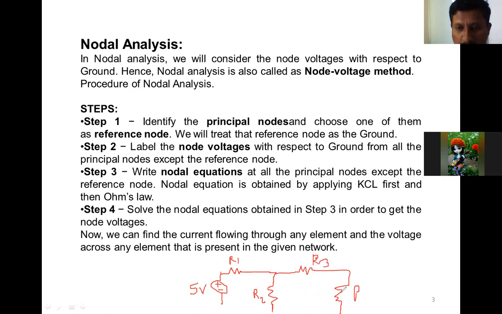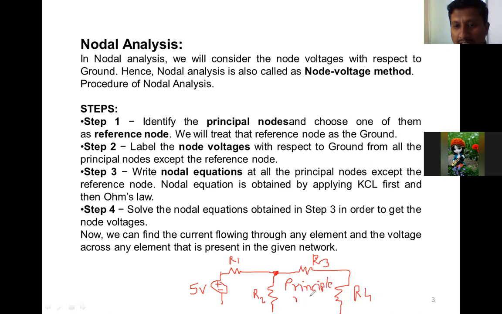So this point is called a principal node, because a principal node is a node at which a minimum of 3 branches are connected. So we are going to identify how many principal nodes are present